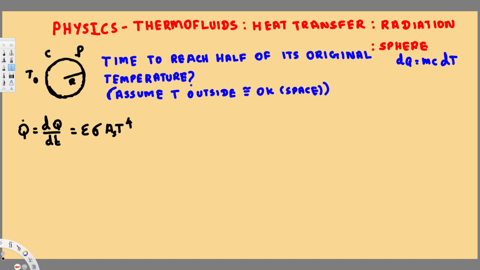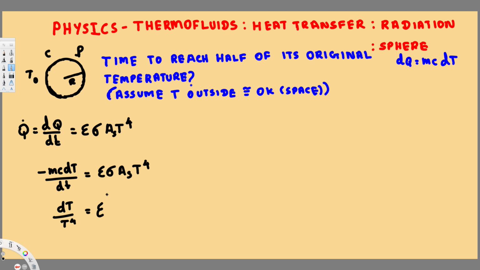So here we can replace this dQ with negative m c dT over dt, which is equivalent to emissivity times the Stefan-Boltzmann constant times surface area times T to the power 4. Now we can arrange like terms together, because that way it's easy to integrate. Let's move all the temperature terms to one side and the others to the other side. Here we are going to have dT over T to the power 4, and on the other side we are going to have